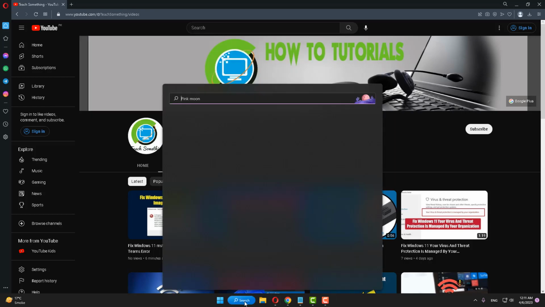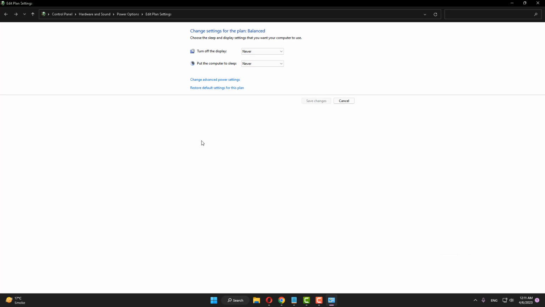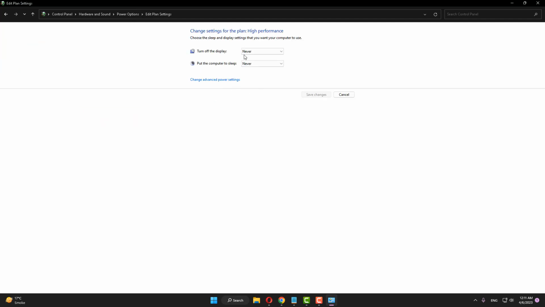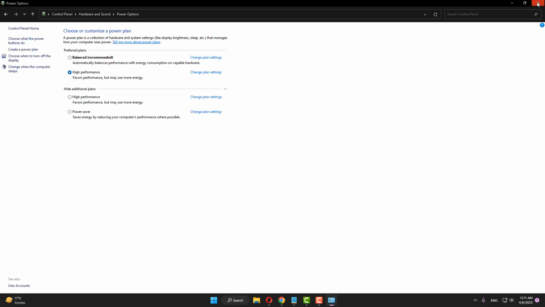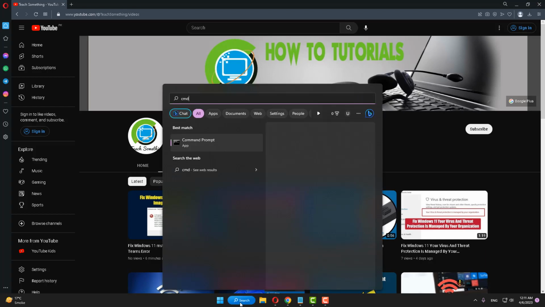After doing this step, in the search box, type edit power plan, open edit power plan, go to your power options, and now you can see the show hidden plans. Now you can see the high performance. So select it, change power plan settings, and change it according to your need. Close it. If you want to remove it, then you can go to your search and open a CMD and